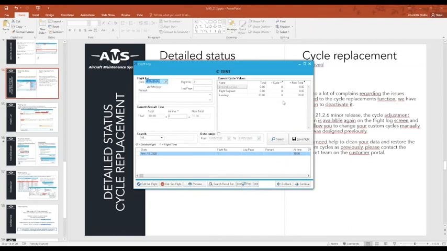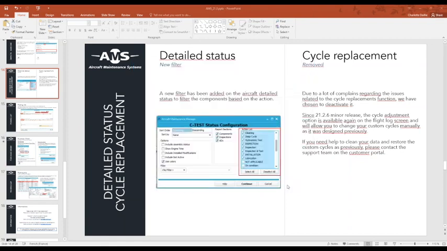If you need to change your custom cycle due to change of engine or for engine cycles, or every case where you have custom cycles which are just information for a part, then you will be able to use this feature again, the add to total. Because it was the quicker and simpler way to resolve the problem for now.